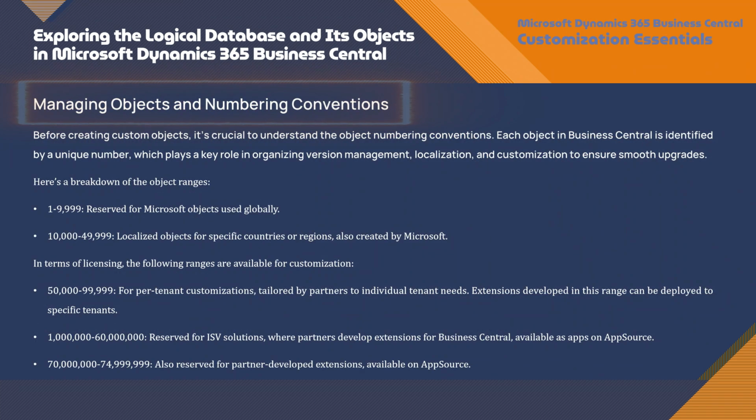Managing objects and numbering conventions. Before creating custom objects, it's crucial to understand the object numbering conventions. Each object in Business Central is identified by a unique number, which plays a key role in organizing version management, localization, and customization to ensure smooth upgrades. Here's a breakdown of the object ranges: 1 to 9999,